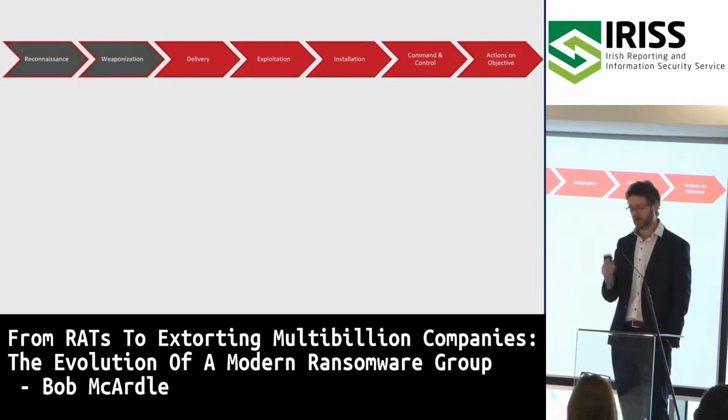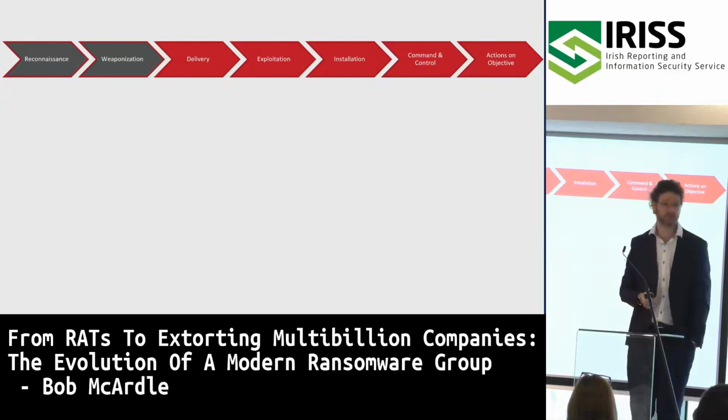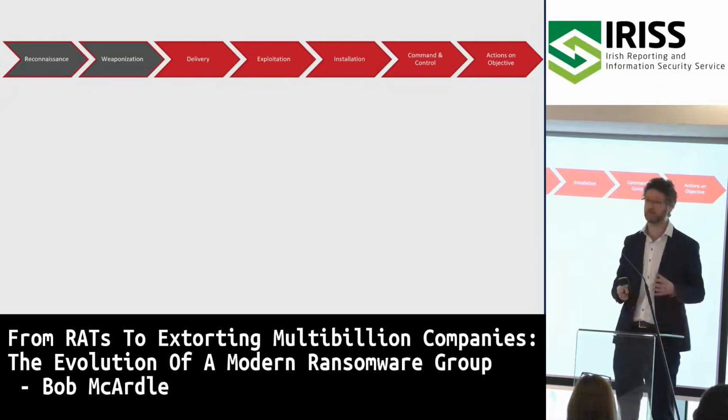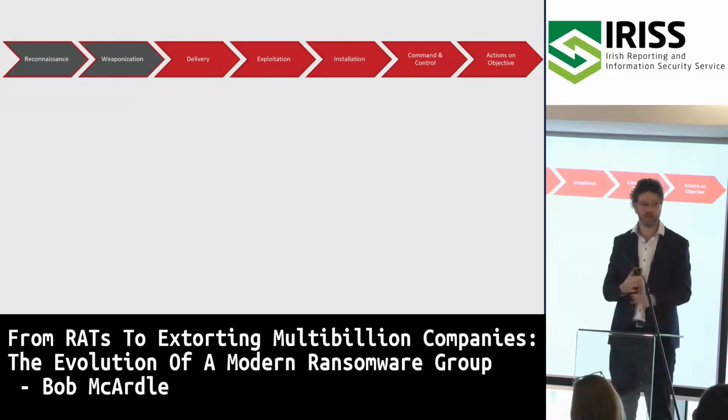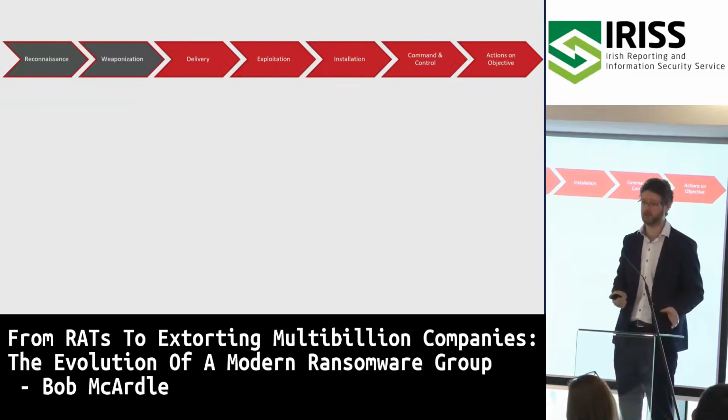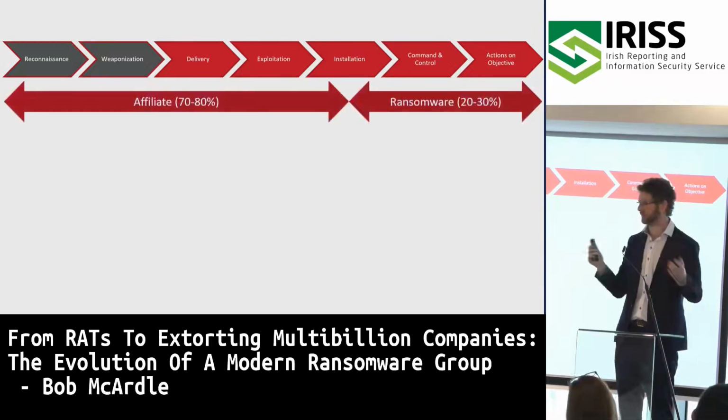So if we start with the kill chain, you normally traditionally look at the reconnaissance and weaponization phase. That's the phase we actually have the least details on for any of these ransomware groups, because that's the part you don't see in your network. That all kind of happens on the attacker side. And actually, interestingly, none of that has anything to do with the actual ransomware itself. So the reason behind that is the kind of affiliate model split I mentioned before.